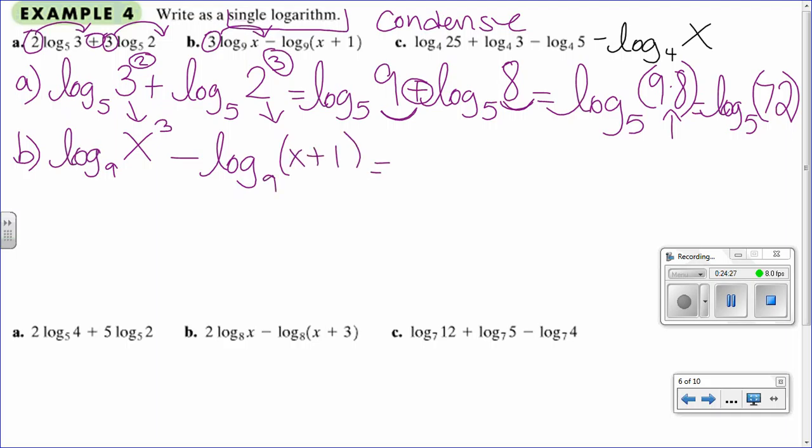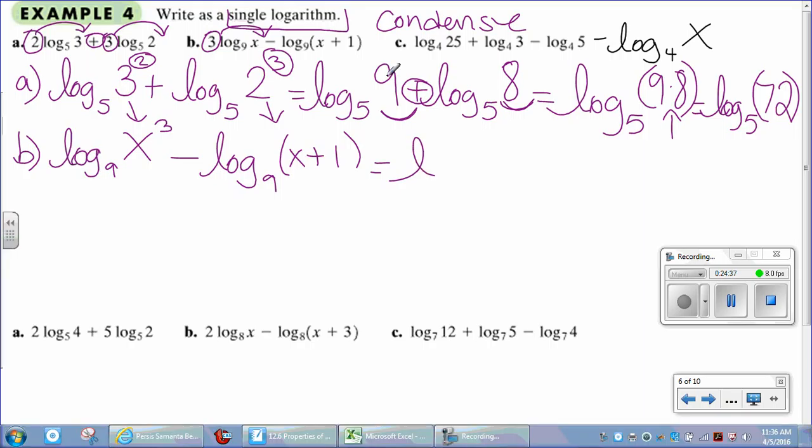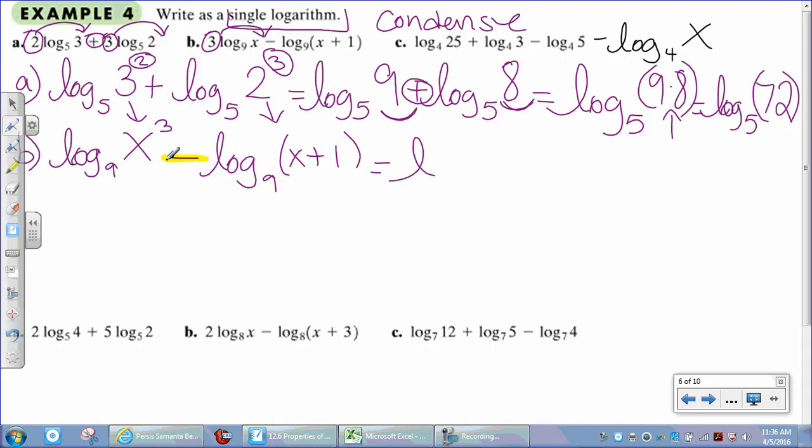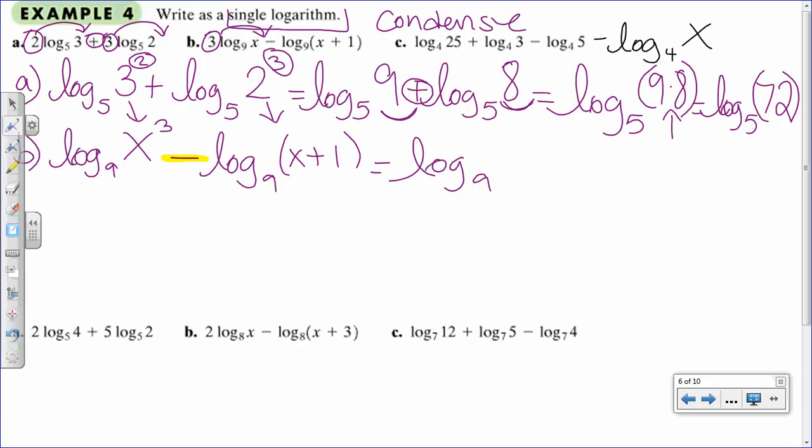And so when we condense them, are we going to have the log of a product or the log of a quotient? Yes. Okay. Why? Because it's subtract. Right, and then the last one,